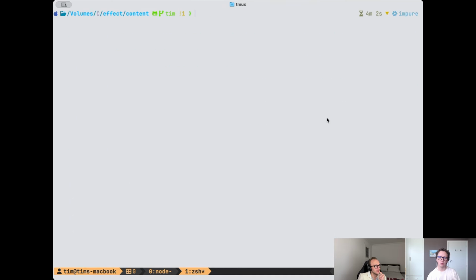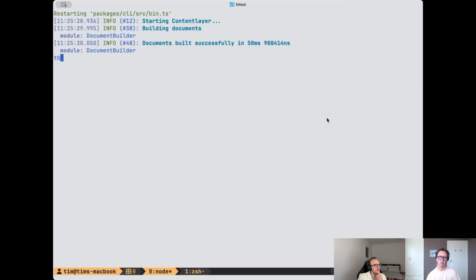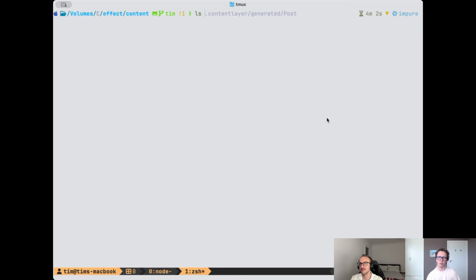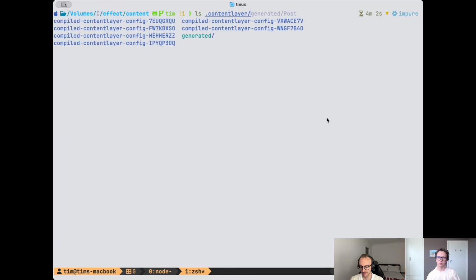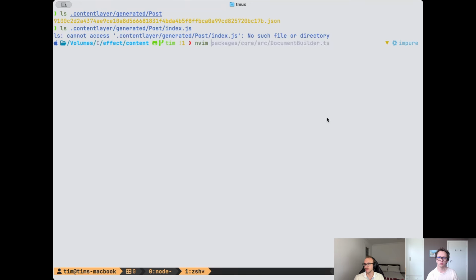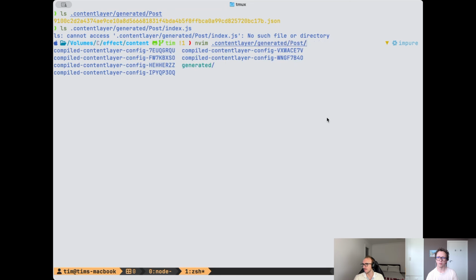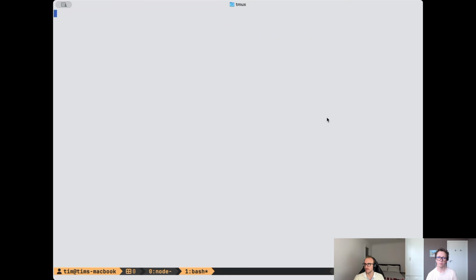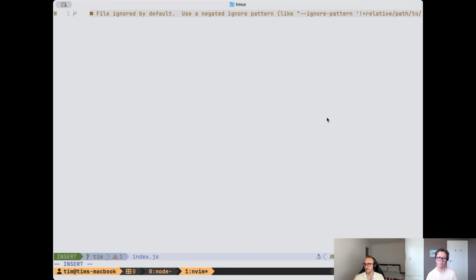So we want to add modules now. So we look at the output generated. We have a bunch of JSON files. And I guess we want to import them into an index.js. Index.js here. And that just goes